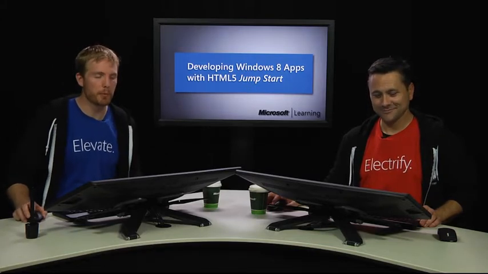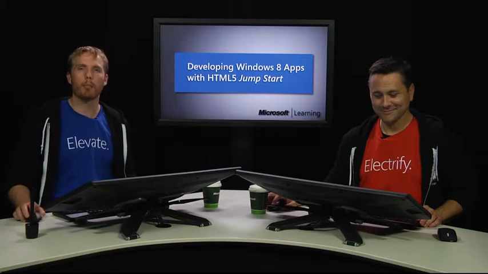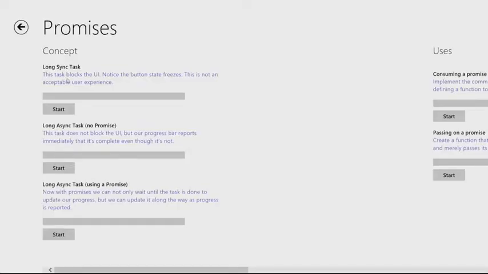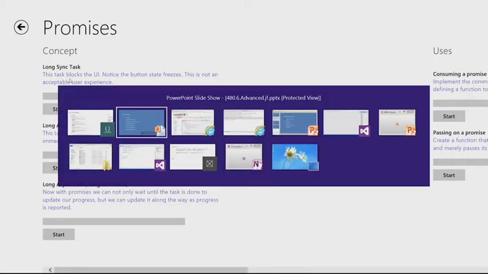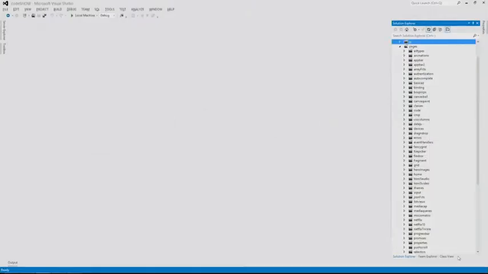Okay, so first the concept. I want you guys to understand again what problem we're solving here. The first problem is this: I have emulated a long sync task by just doing a while loop. In the code, I'll actually show you what that looks like. We'll go to